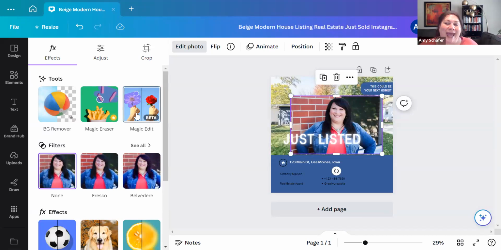But you've got magic edit, and you've got magic eraser, so that you could erase a background and put a new background in. Maybe I don't want that brick background. I could do a magic eraser and make it look like I was standing in front of the Capitol building in Des Moines, or